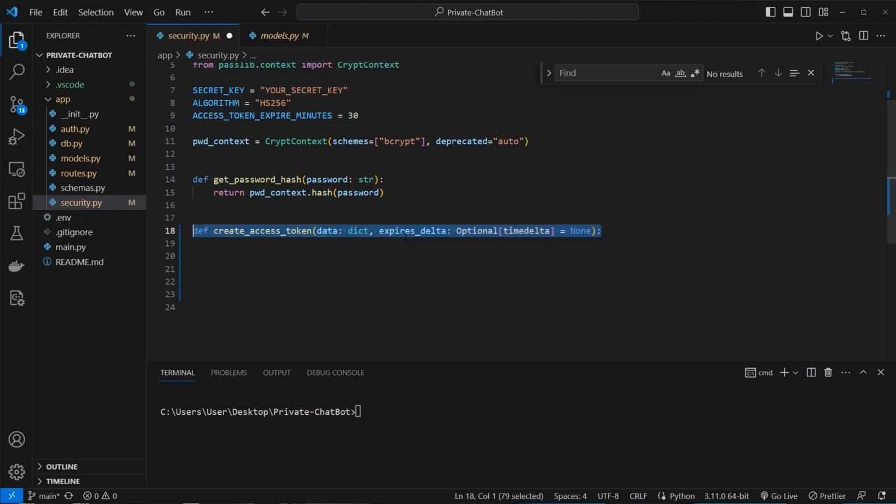Okay, now let's create our create access token function. This gets an argument here, which is data, so we can pass in some data from the database to this function, and we extract, for example, a username and pass it in our JSON web token. It also got an optional parameter here, which is the